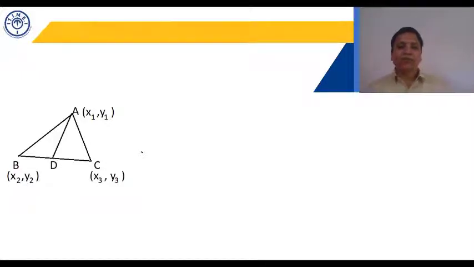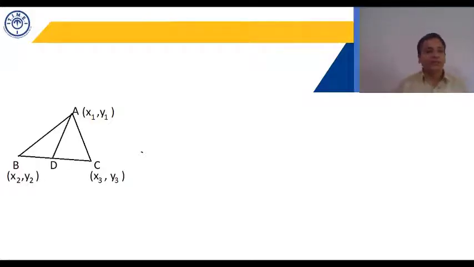If we drop a line from A to BC, a line is drawn which meets BC at D. Now D is the midpoint of BC. Then this line is called the median from the vertex A to side BC. That is the median of a triangle. From A we draw a line and join it to the midpoint of BC. Then this straight line AD is called the median. A median divides a triangle into two parts of equal area. A median divides BC into two equal parts, BD is equal to DC.